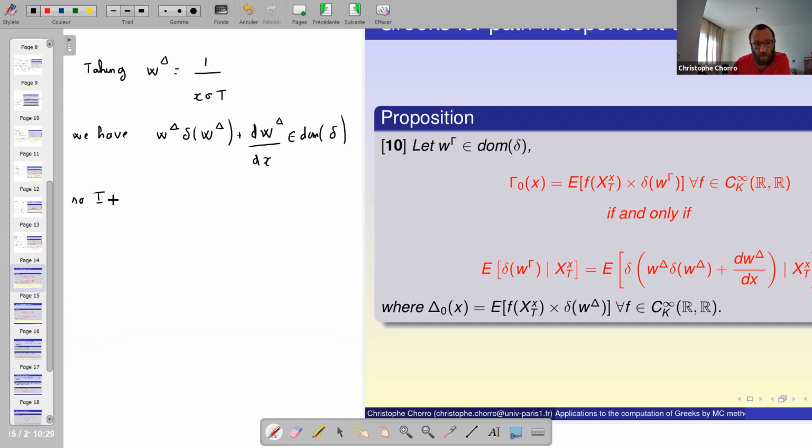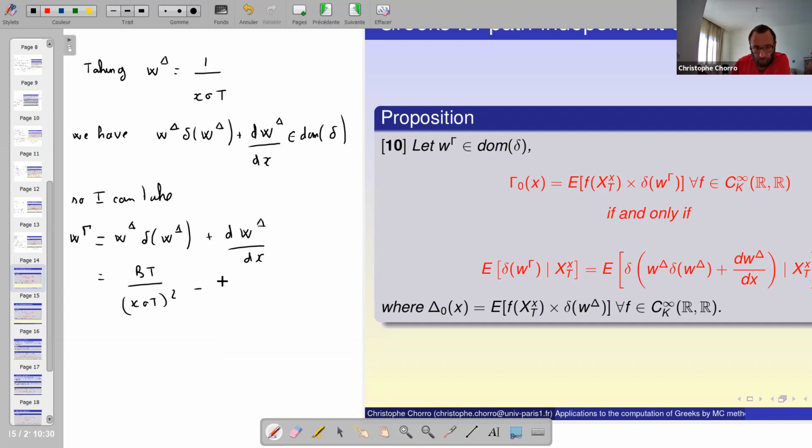So I can take, using proposition 10, W gamma equal to W delta plus dW delta over dx that gives me B capital T over x sigma capital T squared